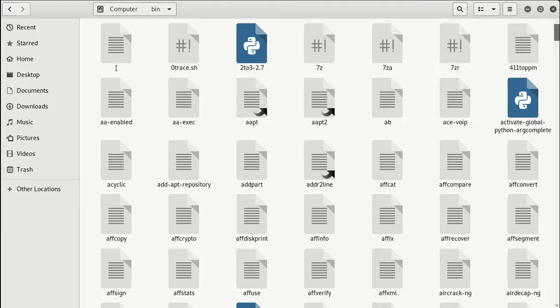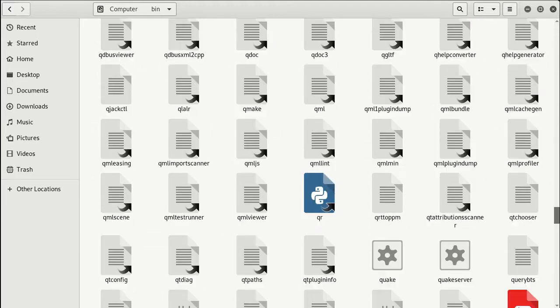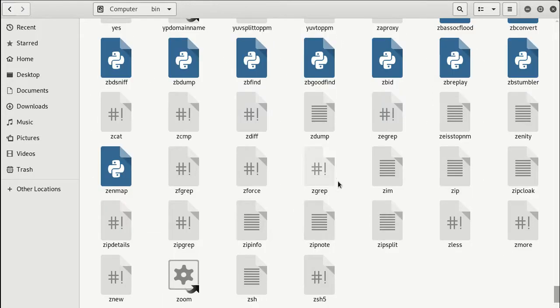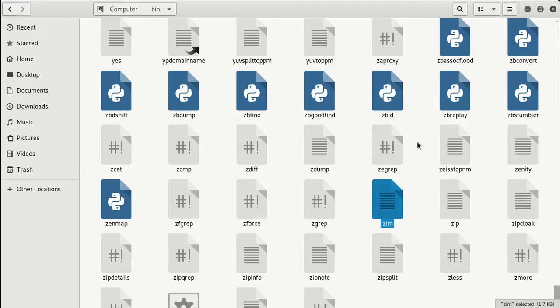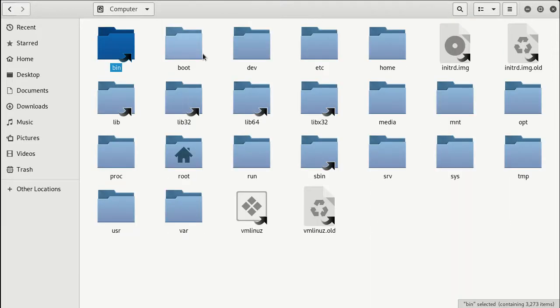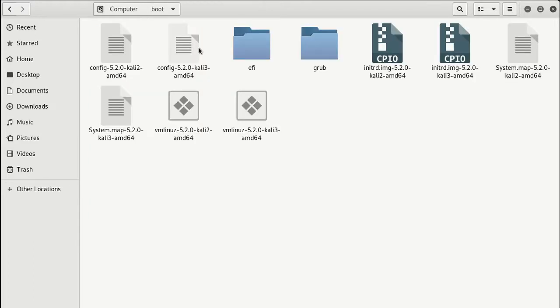There are a lot of different files in here, and mainly you would not want to play around in this folder. And then here we have our boot files where we have the grub, and on Linux we use the grub, basically it's the bootloader, right?